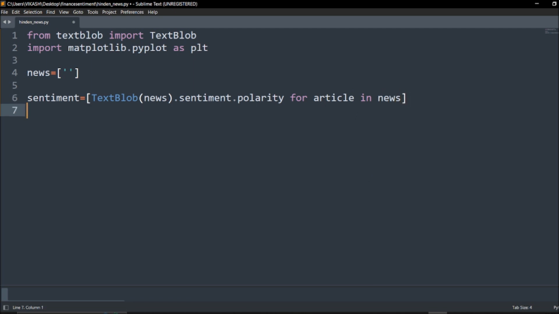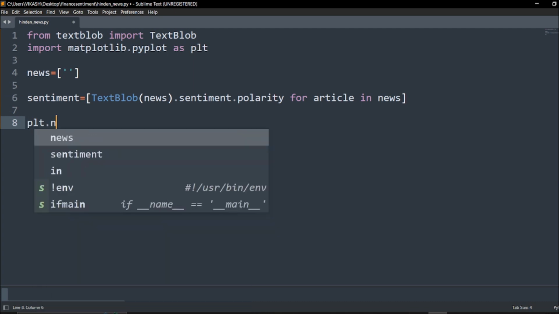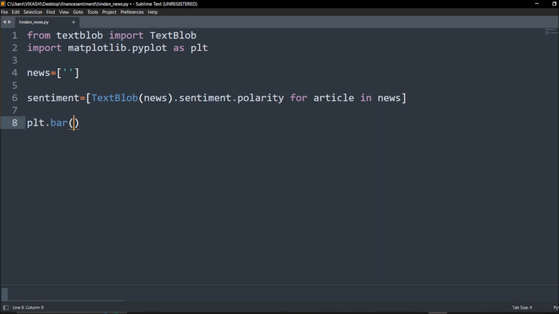For visualization, you just have to say plt.bar. Bar is a super simple method, and we have to give a range and a length. Length in the sense of the length of that particular news text.